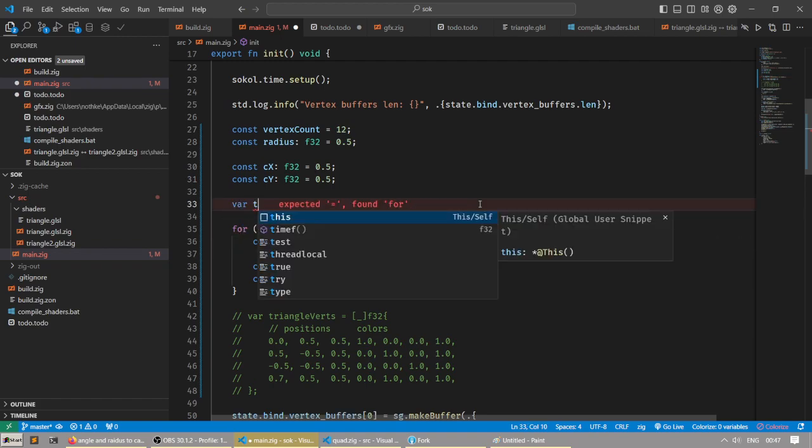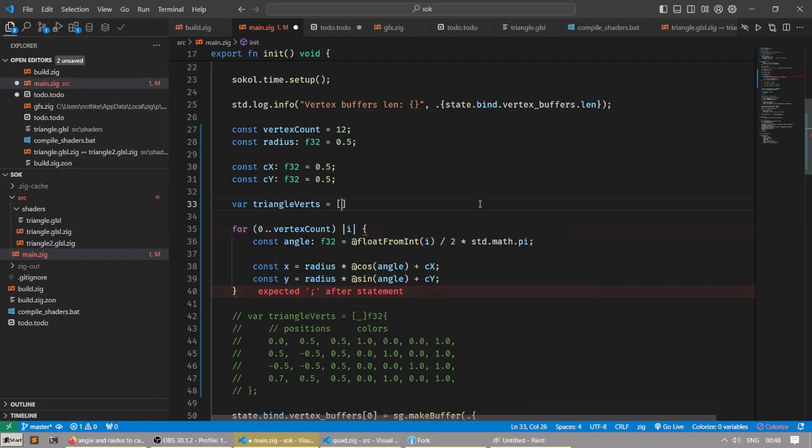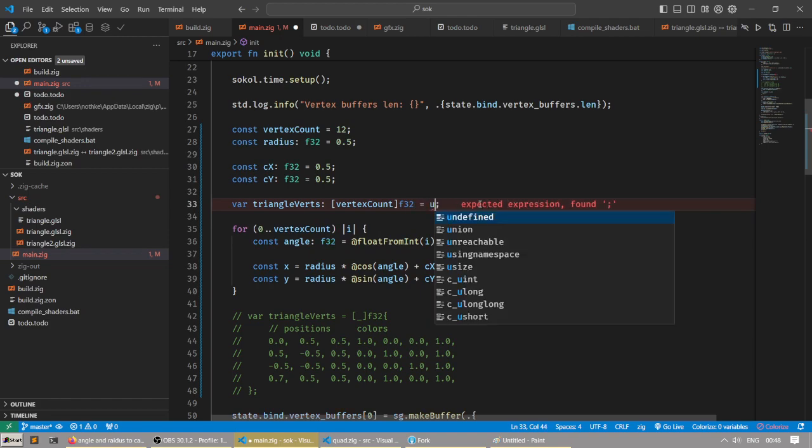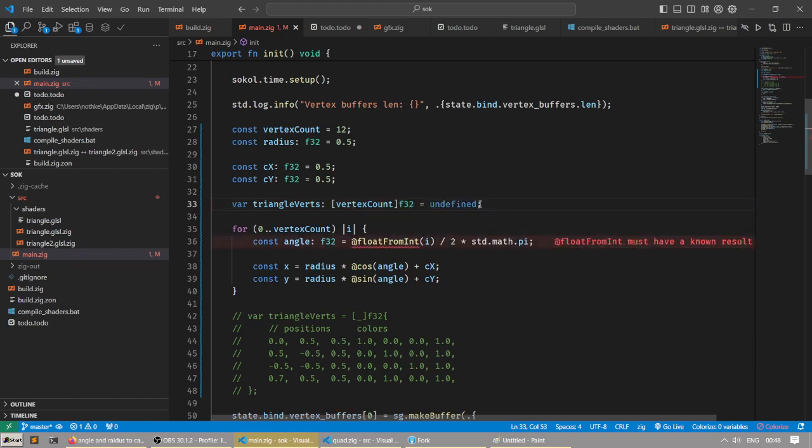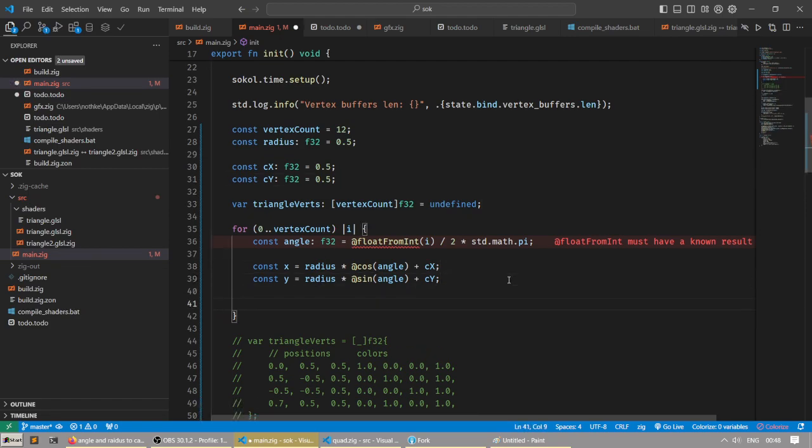And we're going to have the triangle verts. They're going to have the number of, of course, vertex count. Whoops, it's going to be like this. The vertex count, the size of it, and it's going to be F32. And let's leave it undefined, because we don't need to initialize it, because we're going to set it inside of here. And yeah, so for each of the triangle verts, we are going to do an I,